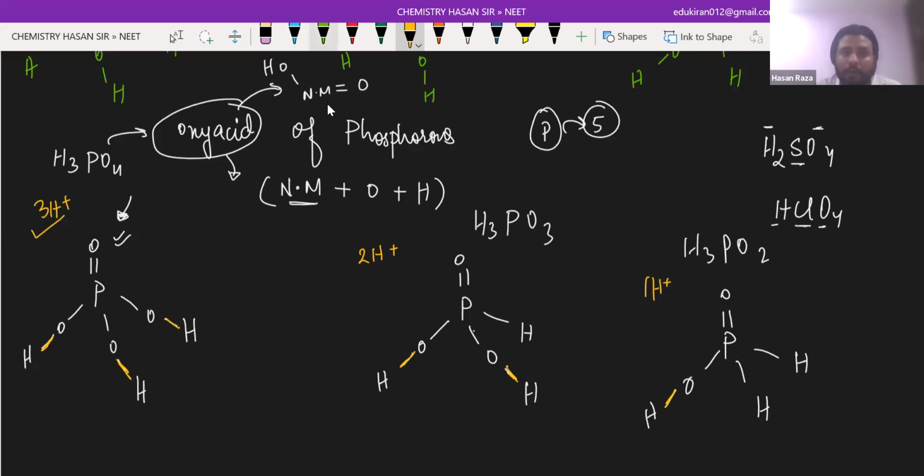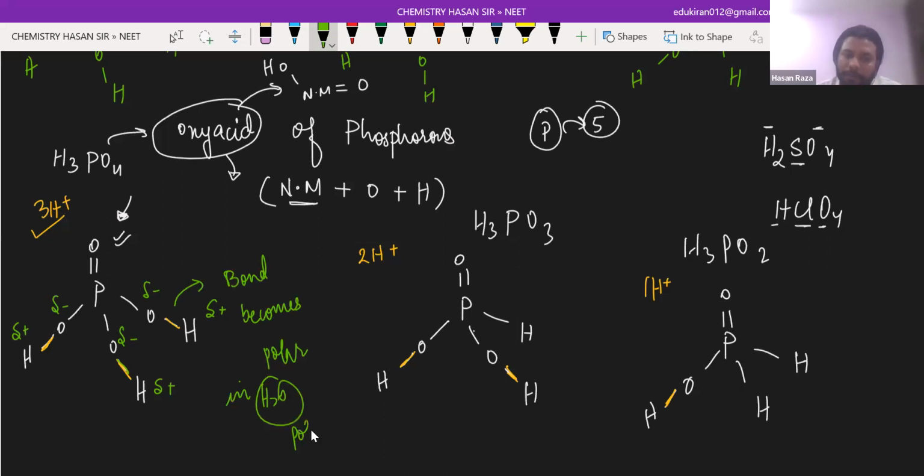It is only because, you know what, oxygen is the second most electronegative element. So it will have delta negative, delta positive. In the same way, delta negative, delta positive, delta negative, delta positive. Since oxygen is second most electronegative element and hydrogen is very, very less electronegative, so the bond becomes polar. This bond becomes polar. And when you are going to dip this in water, which is already polar,